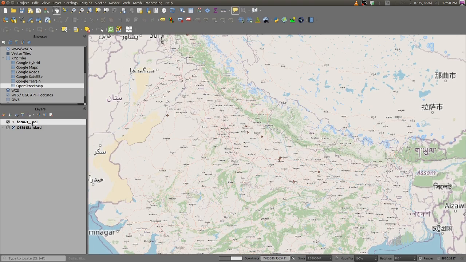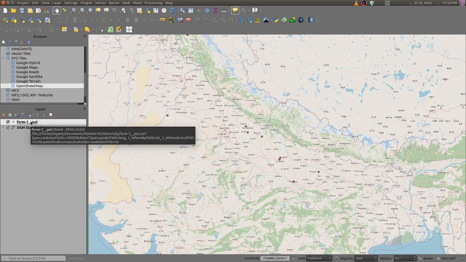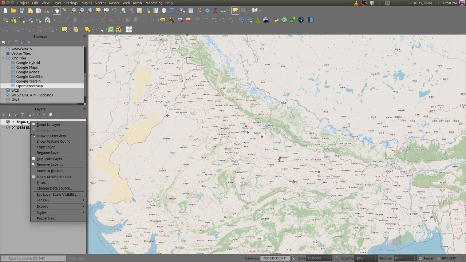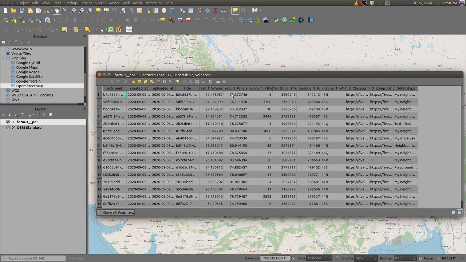Now by right clicking on this file which we have added, we can see the table also by going to Open Attribute Table. See, by clicking that, you are getting the table showing all the data contained in it.